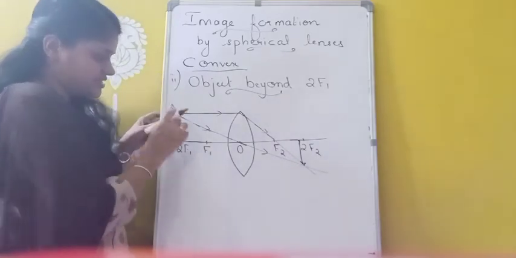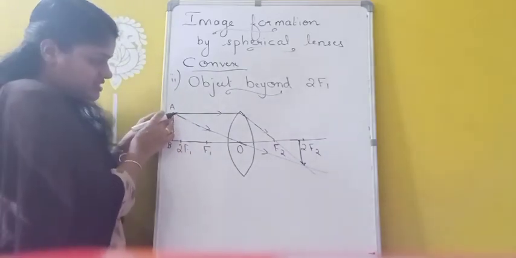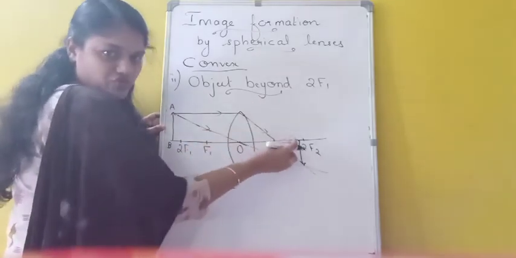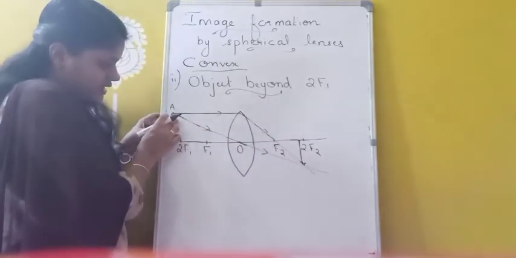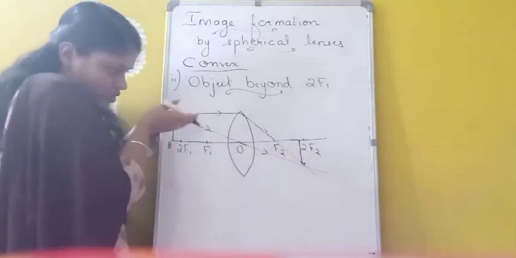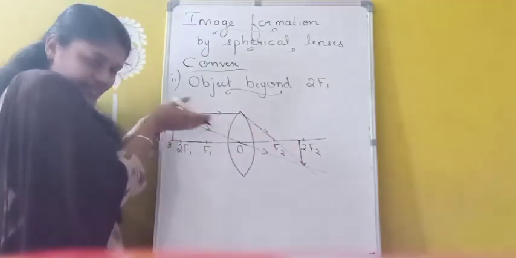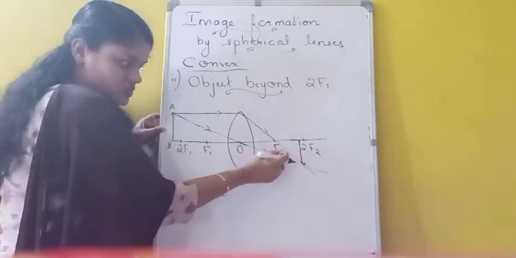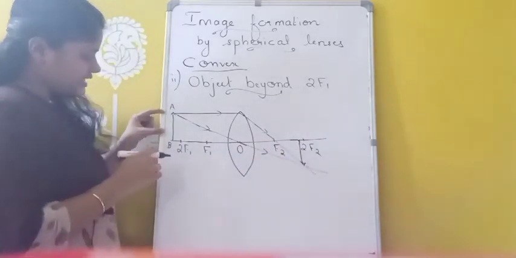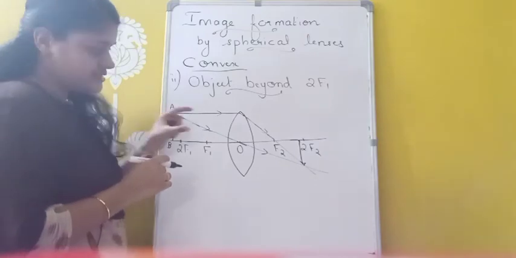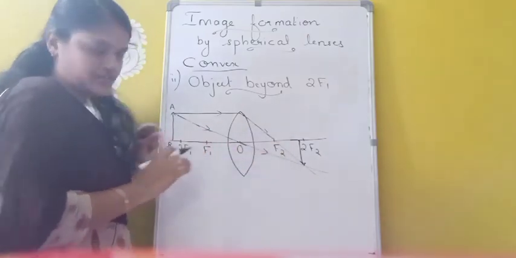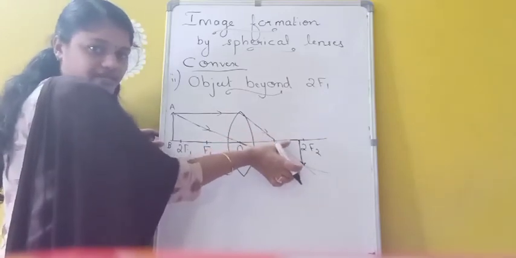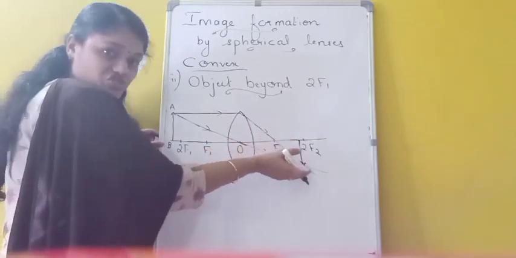So we have taken two light rays here. One is a light ray passing parallel to the principal axis, after refraction passes through the second focus. Then the second one, a light ray passing through optic center, will not undergo any deviation. It is going straight like this. Clear? And both the light rays are meeting at a point between F2 and 2F2. And the size of the image compared to the object is smaller. So the image is diminished. And it is real also, real as well as inverted, because light rays are actually meeting here.